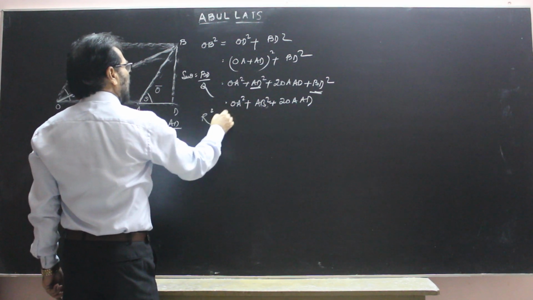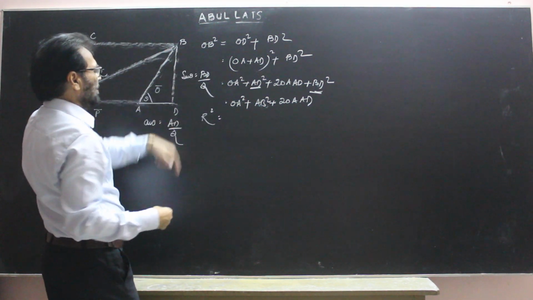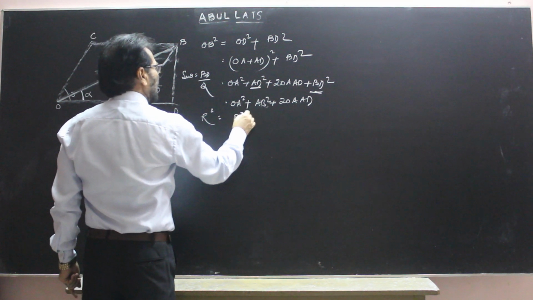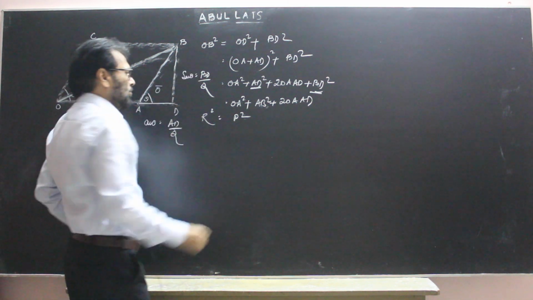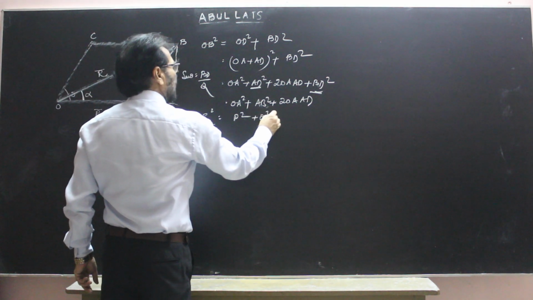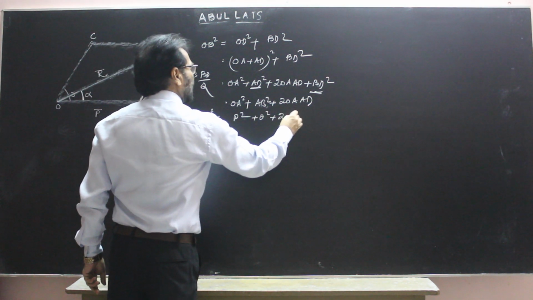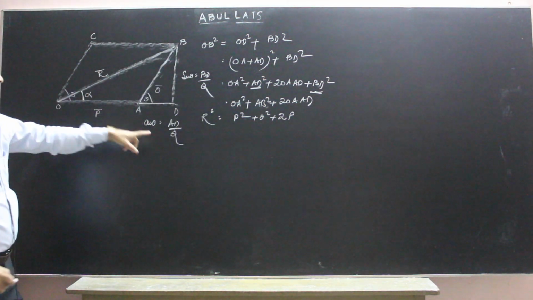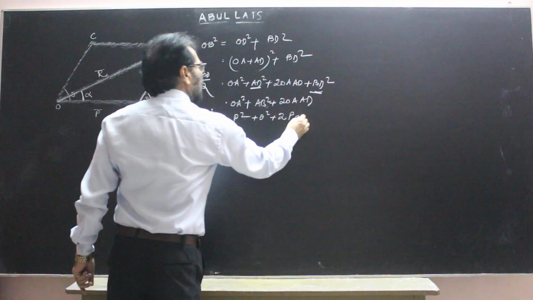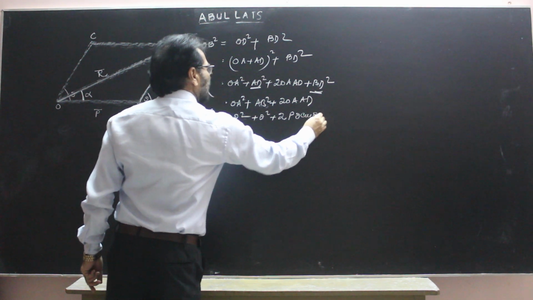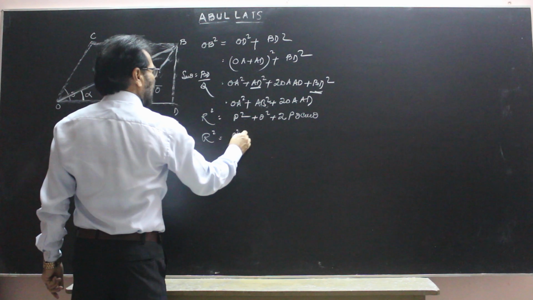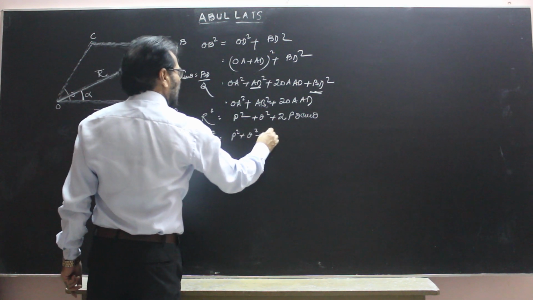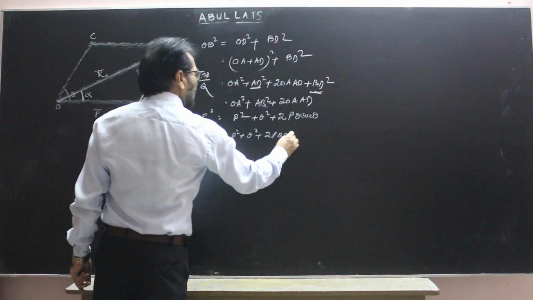So R square, that is OB square, is P square, OA is P and AB is Q. So this is Q square plus 2P, and AD is Q cos theta. So R square is P square plus Q square plus 2PQ cos theta,